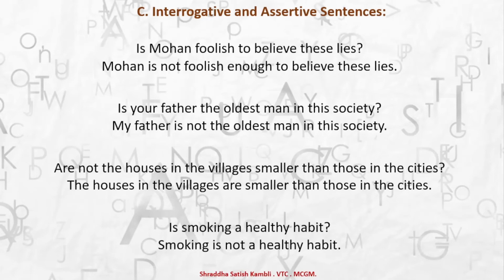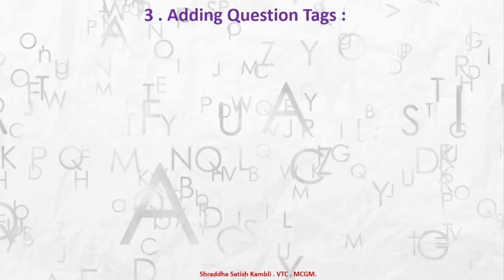So, have you learned or heard about these questions before, children? These questions are called as rhetorical questions. Rhetorical. They are not expecting you to give an answer. Okay? The question itself is like an answer. So, it is a rhetorical question. Okay? So, this is one way you can transform your sentences. The third way you do it is by adding question tag.